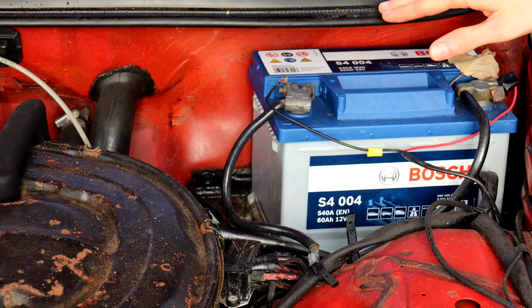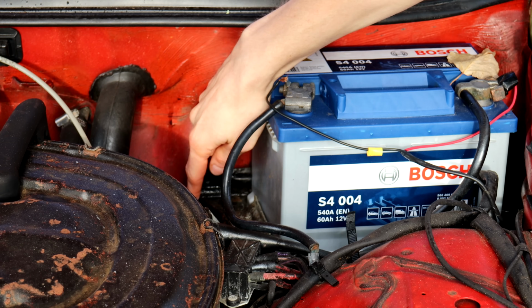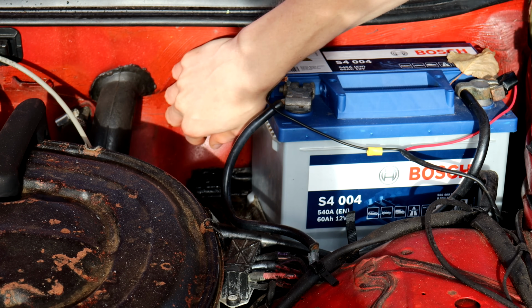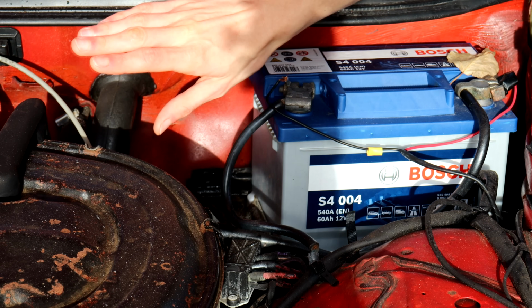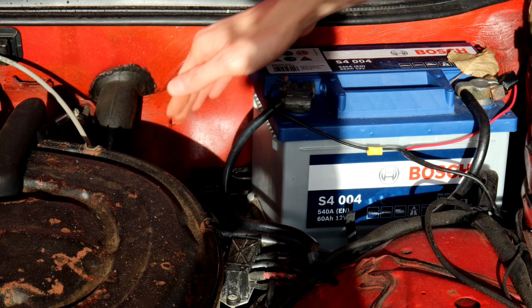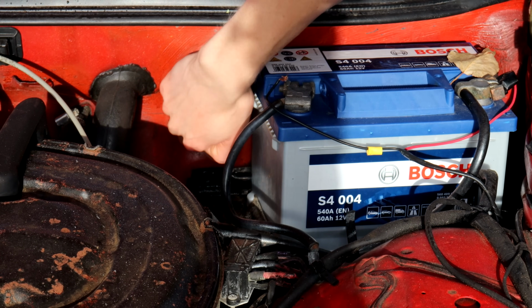You'll also want to check the battery tray where it meets the bulkhead. The trays themselves can rot out, and if it's left for long enough, the rot can eat its way into the bulkhead itself, and that is enormous and extremely expensive and complicated repair work. So inspect this bit thoroughly, even take the battery out if you can, make sure that all of this is